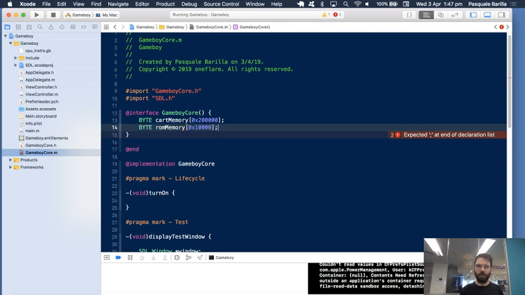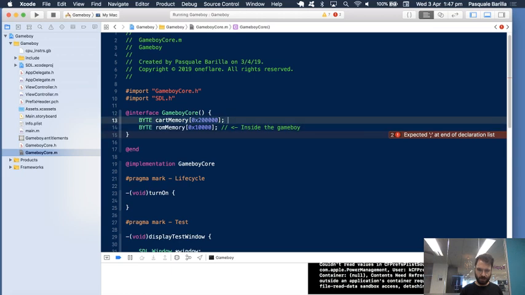Now, the ROM memory, this is actually inside the Game Boy. And cart memory, you guessed it, is on the cartridge. Now you might be saying, Pat, those two numbers are different. How can that be? How can the internal memory of the Game Boy be smaller than the cartridge? That's a good question. The reason why is because the games were never really intended to be that big. No, that's not true. So the way the Game Boy works is it has a certain amount of memory, but